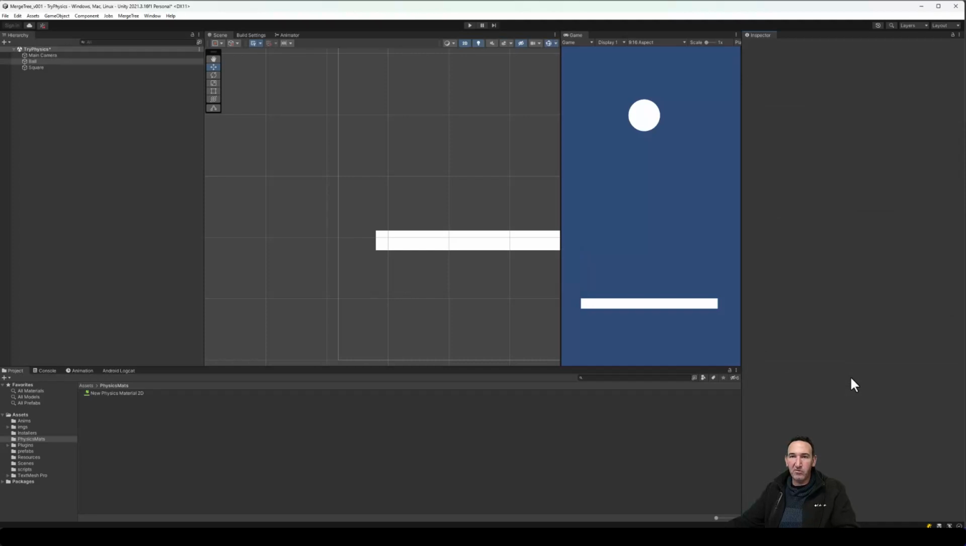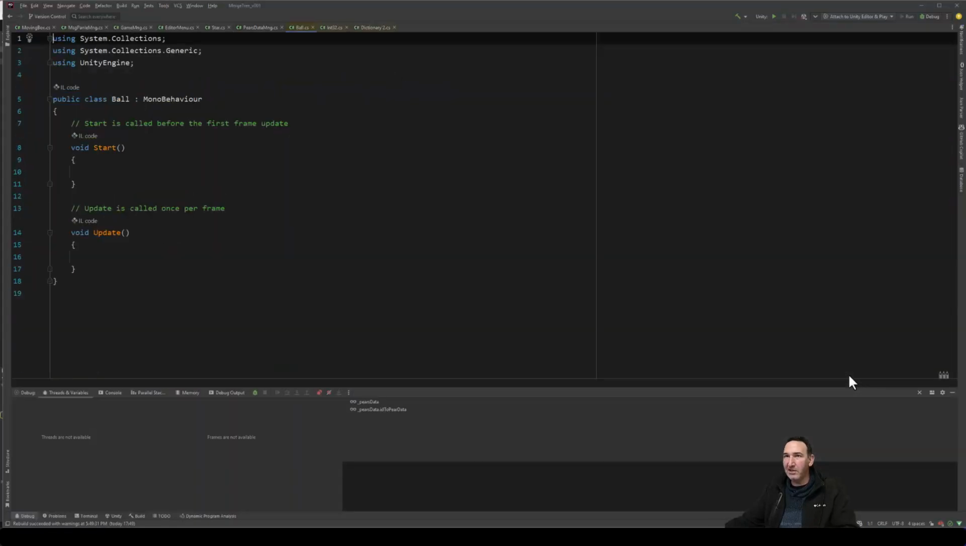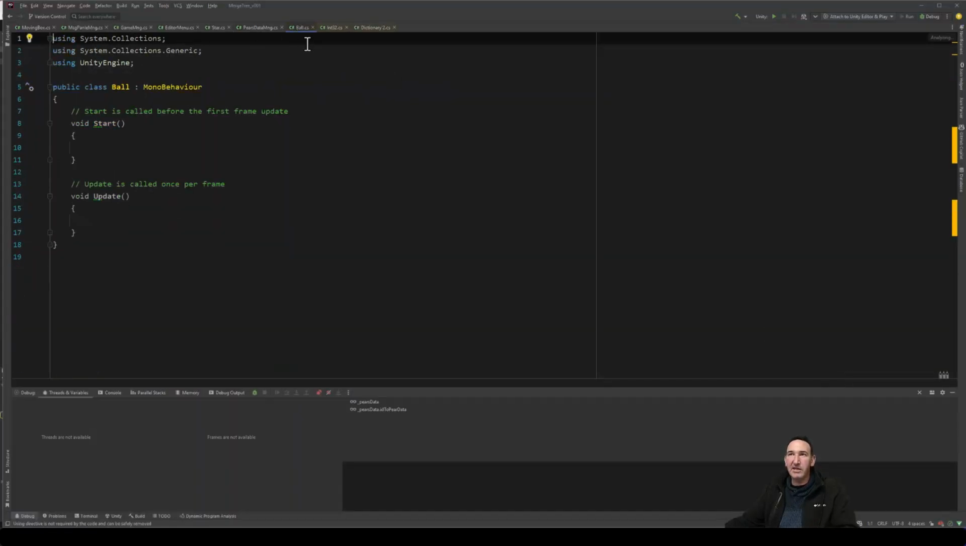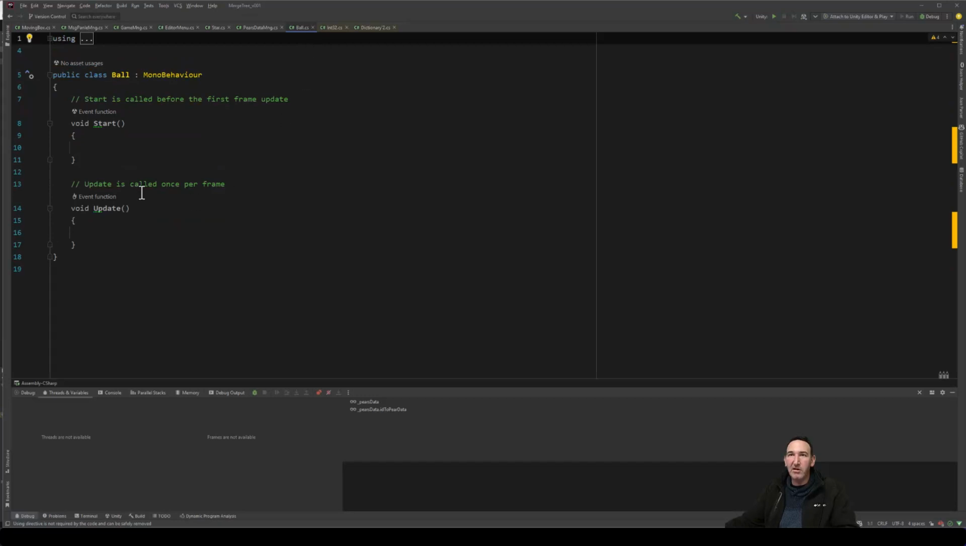Now in order to edit it, I'll double click it, and it opens in Rider. As we can see here, we have the Start and the Update, and they are both grayed out because they are not really used yet. So what we actually want to do in order to do the logic,